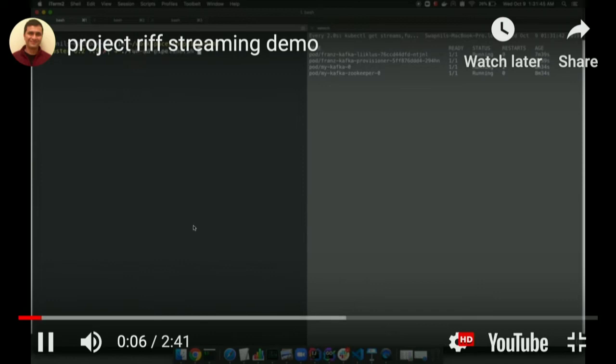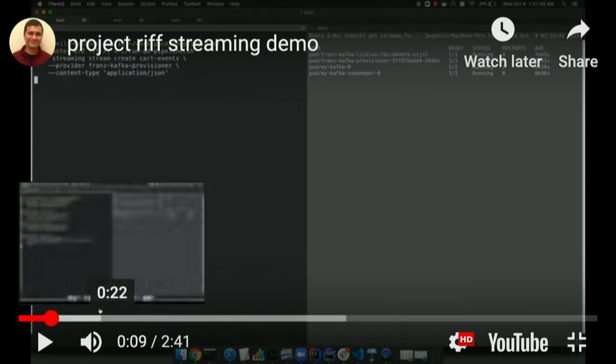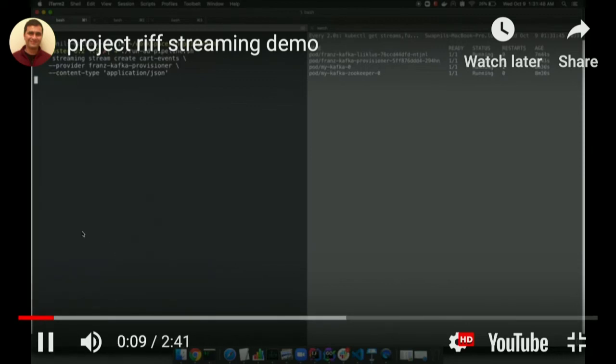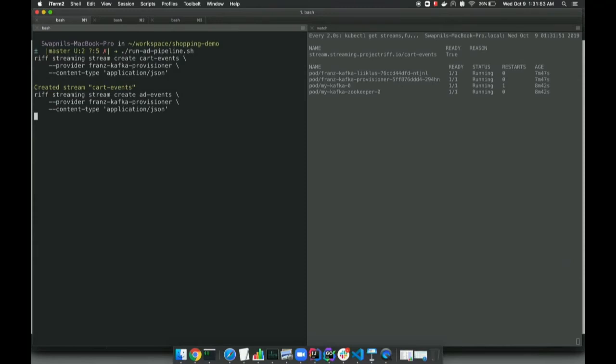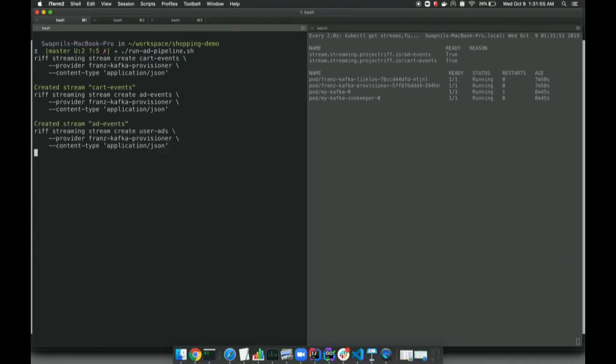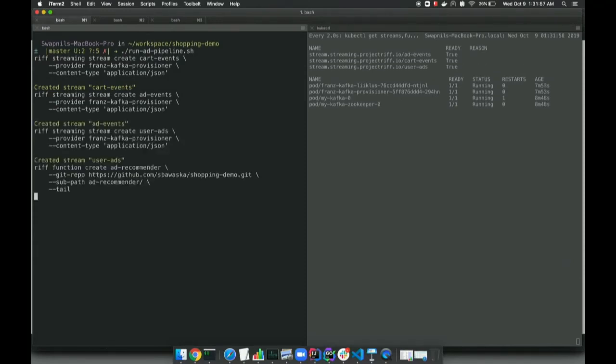So hopefully we see the command or not. Okay, hopefully the title will go away, but we create the streams we need, the cart events and add events, because those are going to be our inputs. Then we'll do the same for the output stream. We create the function, so in that case it's remotely available with this Git repo.